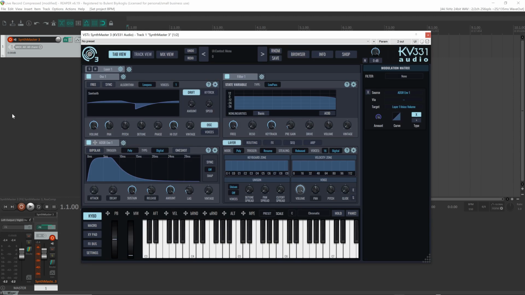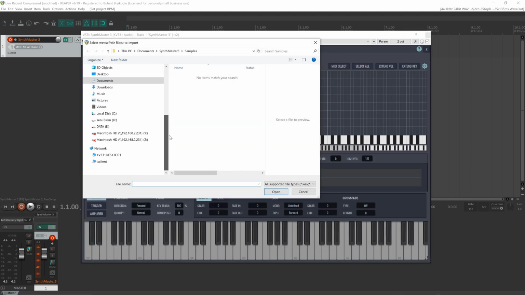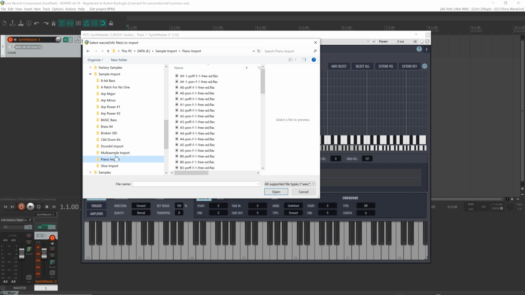To explain the trigger parameters of multi-samples, I'm starting off with an init preset. And on the oscillator display, I'm clicking on the plus icon and I'm selecting new multi-sample. SynthMaster asks me to select a root folder for my multi-samples. I have some multi-samples prepared for import. So let's select this piano import folder. And one thing I noticed, these samples here are in FLAC format. And SynthMaster actually supports FLAC format, which is a compressed audio,